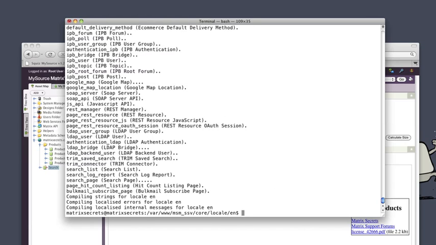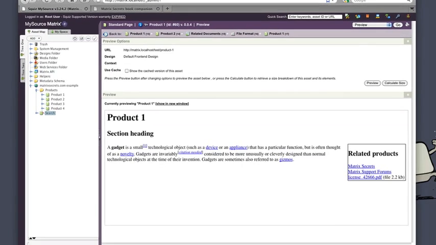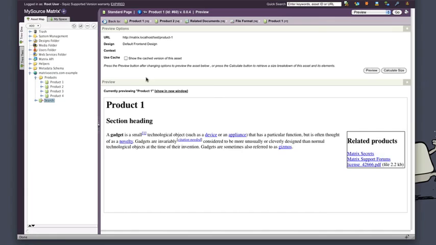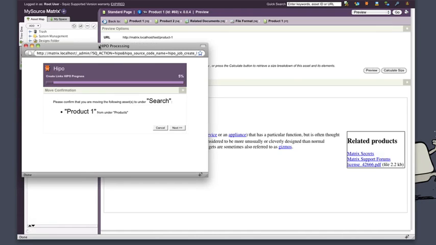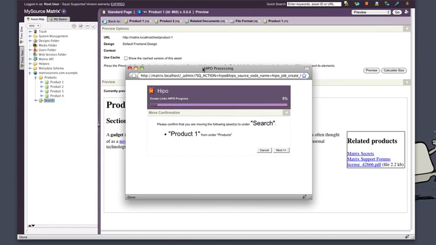Okay, so that looks good. If we go back to our Matrix backend, so now if we move product 1 to under search, okay, so I reckon that's a lot nicer. It really stands out. Product 1 is moving to search. You could go completely nuts, I suppose, and just change the wording of that, maybe even an arrow,